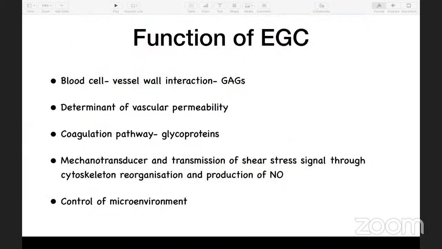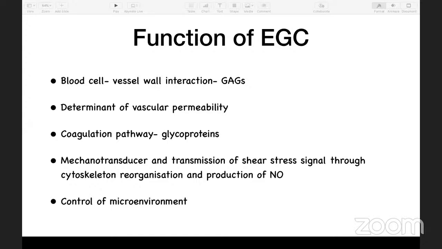So what are the functions of the glycocalyx? It controls the blood cell and vessel wall interaction. We've said the glycosaminoglycans are negatively charged, and they repel red blood cells. When you look at movement of blood through a capillary under a microscope, you would think that a red blood cell wouldn't go through the smallest capillaries, but it still goes through. How this happens is by the work of the